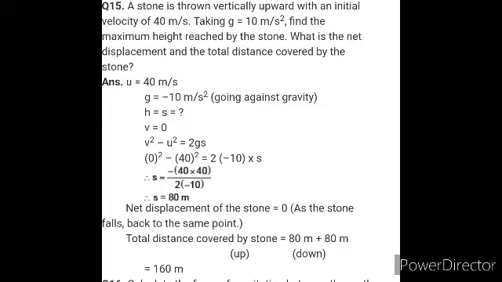Next is what is the net displacement and the total distance. So, the displacement is going to be 0 as the stone falls back to the same point. The starting and the final points are the same, so the displacement is going to be 0. One more thing they asked is to find out the total distance as well. When the stone is thrown in the upward direction, we found the distance as 80. So the distance will remain the same, whether you go in the upward direction or you come in the downward direction. So, going up 80 meter, coming down 80 meter. 80 plus 80, 160 meter is your total distance.